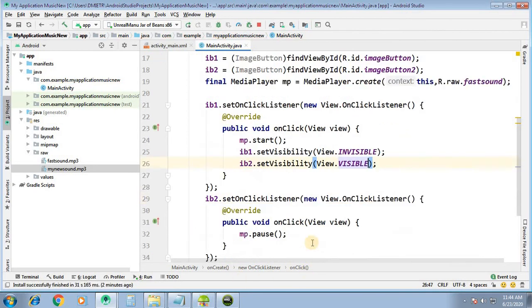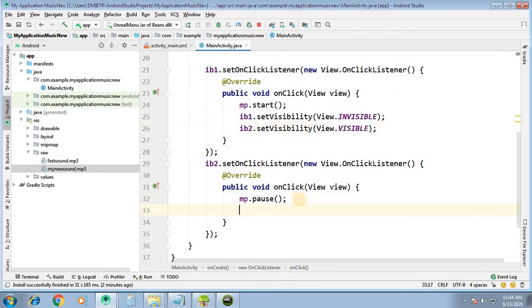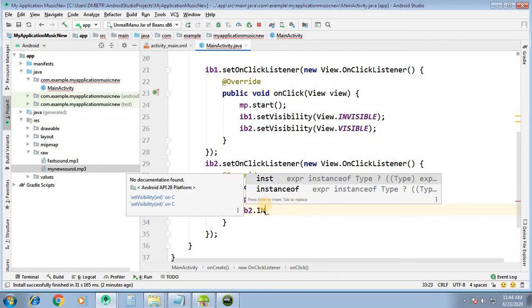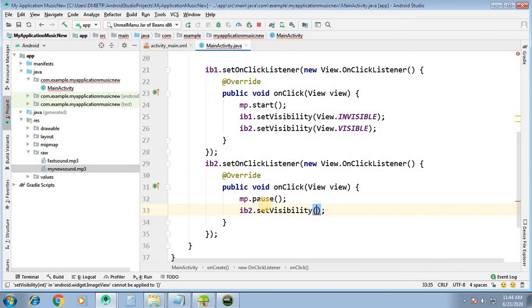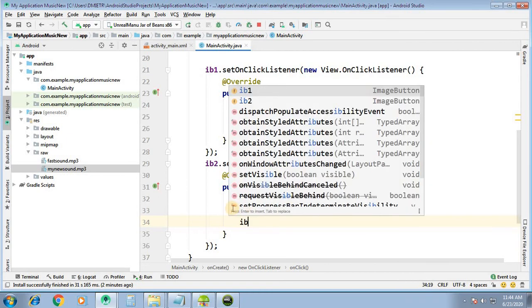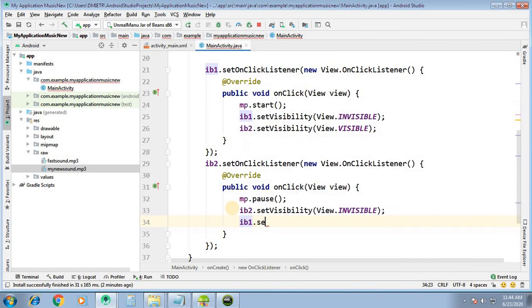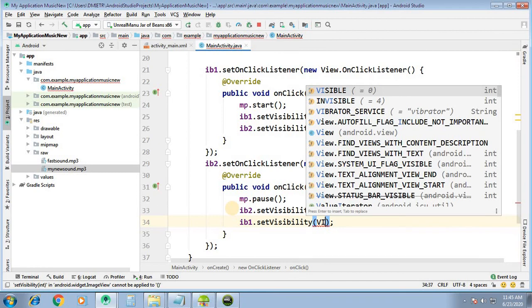In the same manner, on pause, IB2 set visibility invisible, and IB1 dot set visibility should be visible.